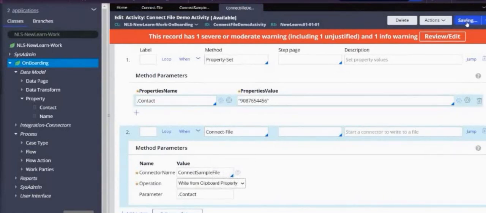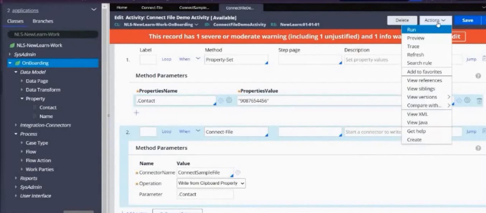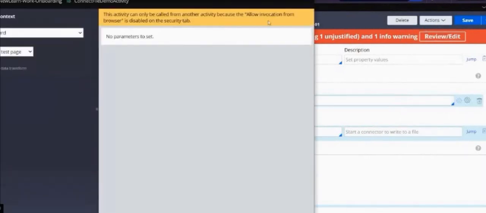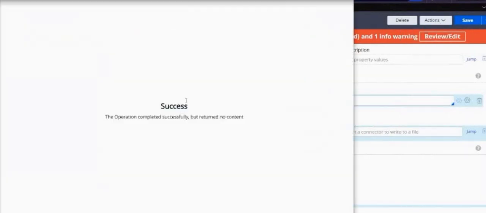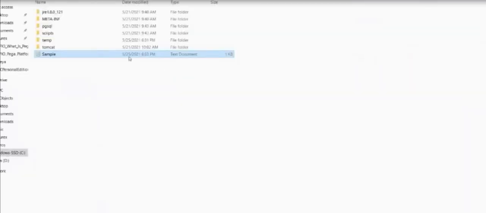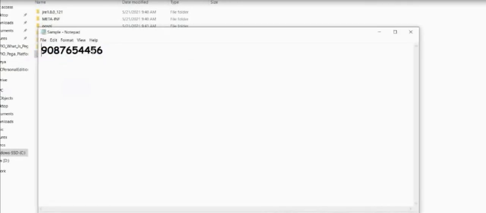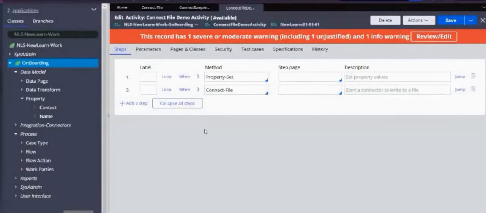Save this, and let's run this and check. Yes, it is successful, and see our sample time changed. Open this. Yes, you can see over here that some number has come, whatever number we have written. So this is how you do it using a clipboard property.